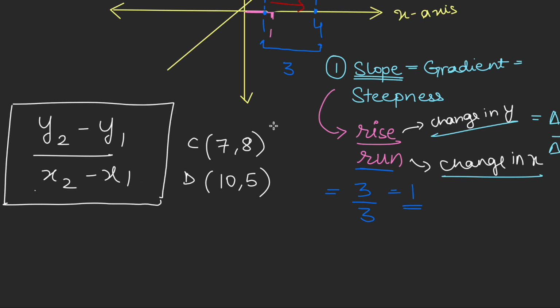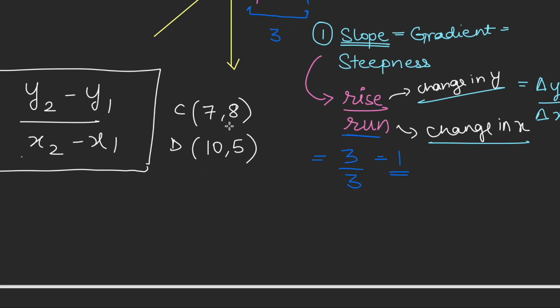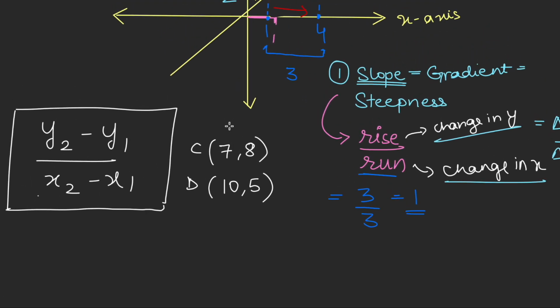Now if I had to find the slope of the line passing through these 2 points, and I do not have to do this graphically, which means that I do not have access to a graph, I have to do this algebraically. How will I do it? Now we have to see which one is x1, y2, y1, x2, so on and so forth. So these two are my x components. I can say x1 and x2.